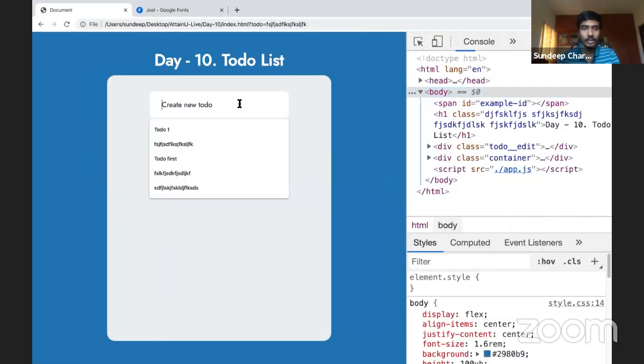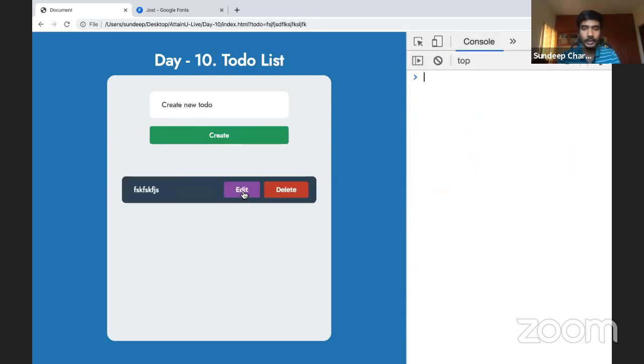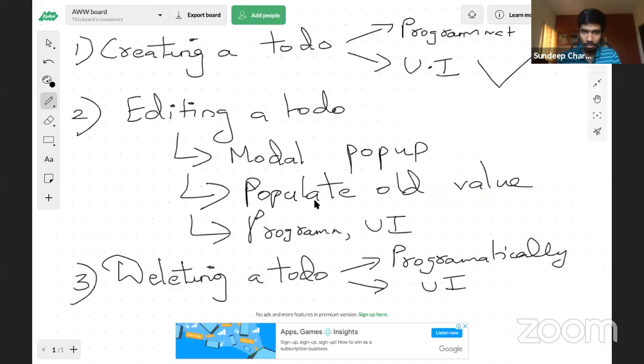I'll just reload it. I'll type something. I'll submit it, and I'll go to my console. And if I press edit, it gives me the click value. Cool. Super. So now what I do is, as I already told, the first step is to activate the